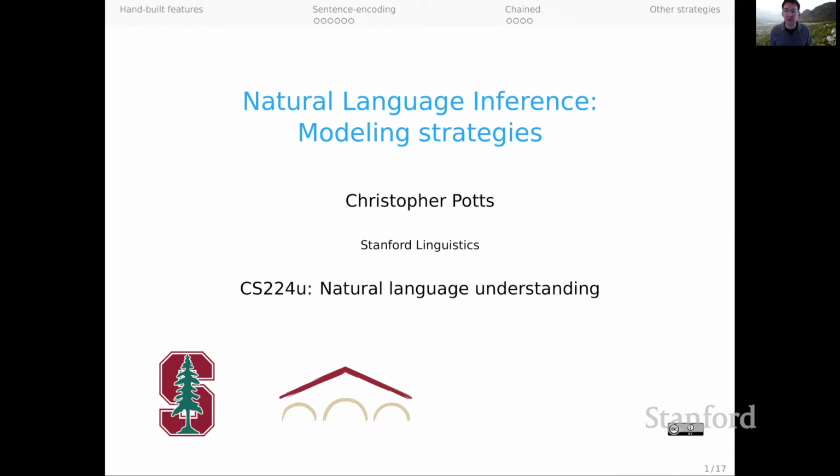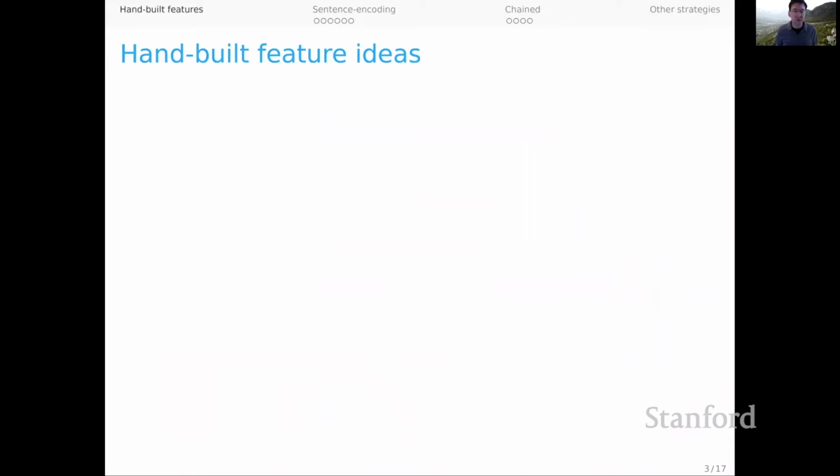And you might think of this screencast as a companion to the associated notebook that explores a lot of different modeling ideas and suggests some architectural variations that you might explore yourself. I thought we would start by just considering hand-built feature functions because they can still be quite powerful for the NLI problem. So some standard hand-built feature ideas include, as a kind of baseline, word overlap between the premise and